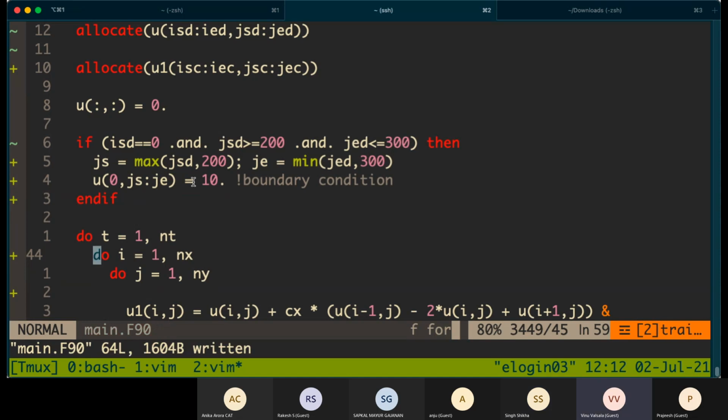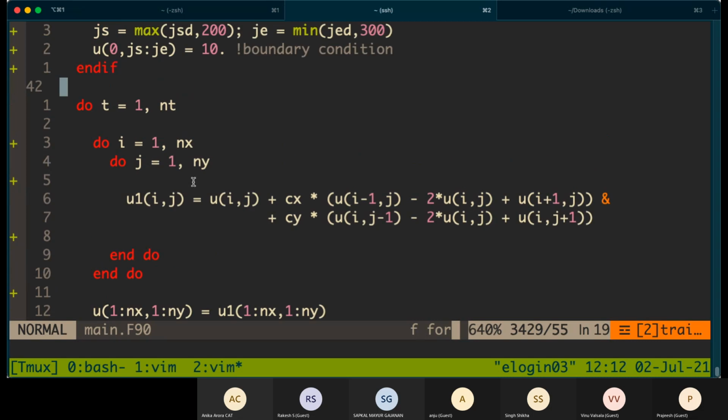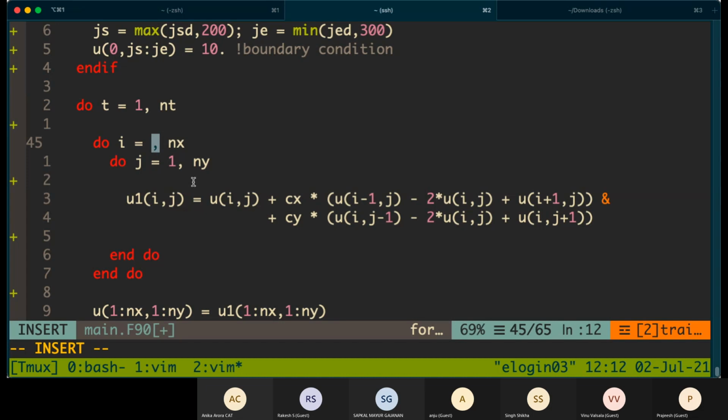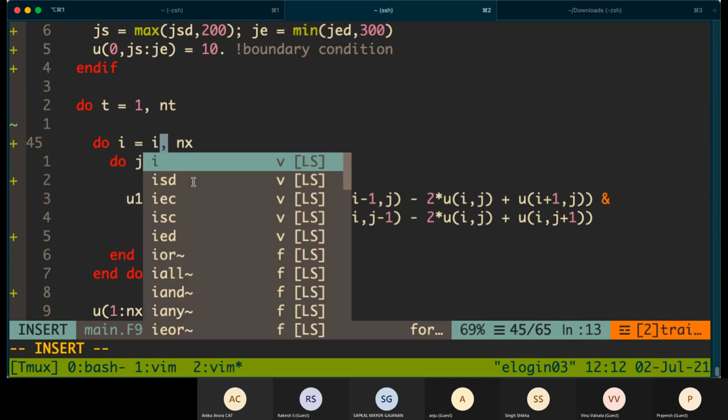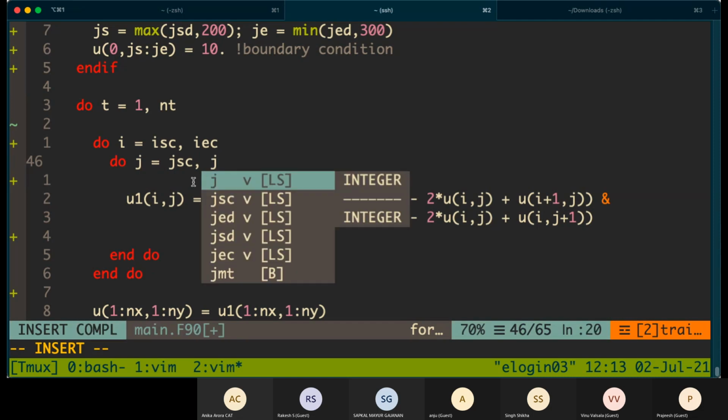Now coming to the computational part. All you have to do here is change these things. Because there are many processors, all the processors don't have to do the job for 1 to nx and 1 to ny. They only have to do the job for the local compute domain, which is ISC to IEC and JSC to JEC.